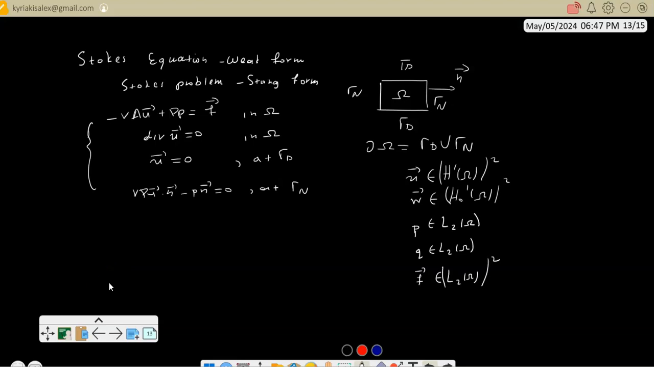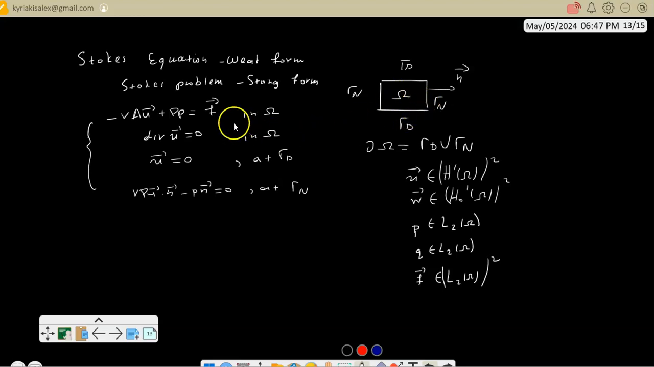In this video, the weak formulation of the steady Stokes equation will be derived. This problem here is the Stokes problem in strong form. In the first line, we have this PDE, the steady Stokes equation, in the region omega, which is